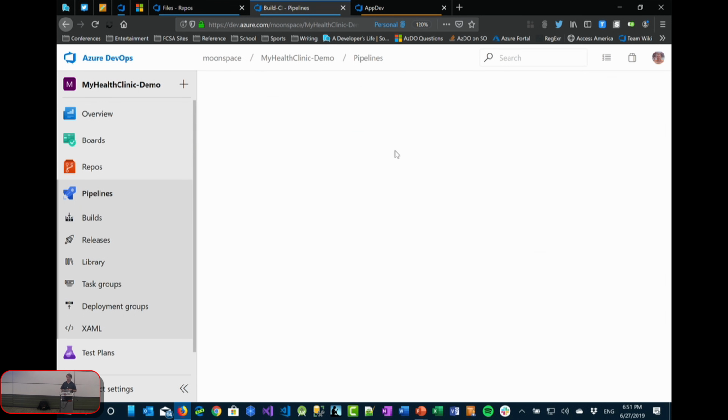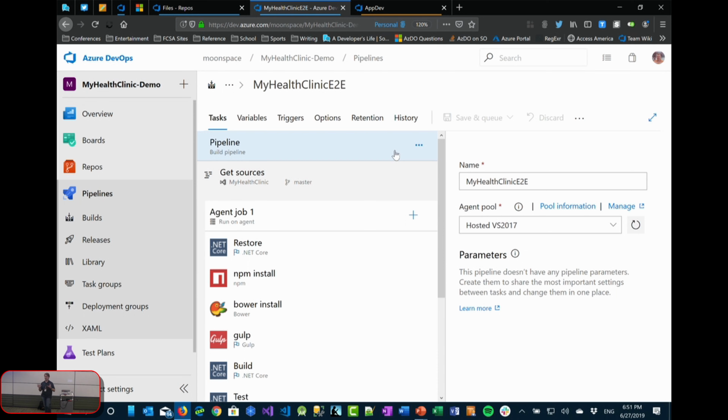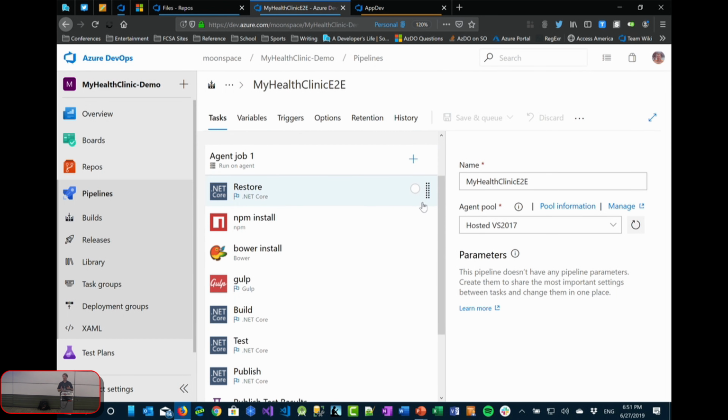I'm going to go in and edit this just to show you what this looks like. This is a graphical definition. Obviously, this is not using YAML. But if you're not familiar with how builds are set up, it's similar to Jenkins. If you've ever used Jenkins, it's the same idea. You have a bunch of build tasks, and you pull in the build tasks to accomplish whatever you need to do for a part of a build, and you essentially compose those.